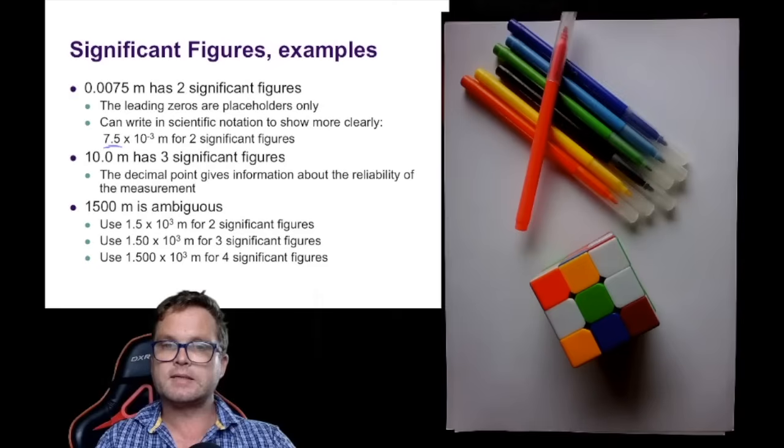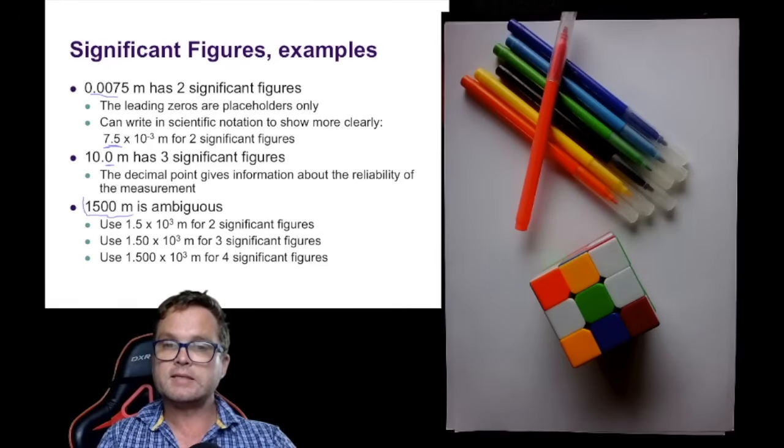10.0, in this case the zeros are significant. The decimal point gives information about the reliability of the measurement. This final zero here is telling us that the measurement was 10.0 meters as opposed to 10.1 meters or 10.2 meters or something else. Whereas in this case, these leading zeros aren't significant. In the final case, when we write this